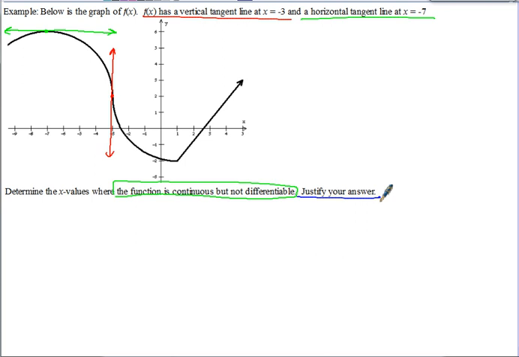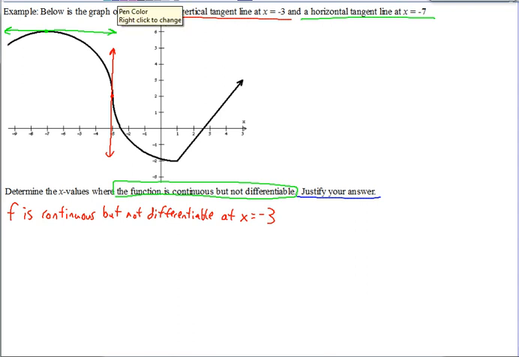So the first place, we've got a vertical tangent line right there, so we can say f is continuous but not differentiable at x equals negative 3. And your justification is since,